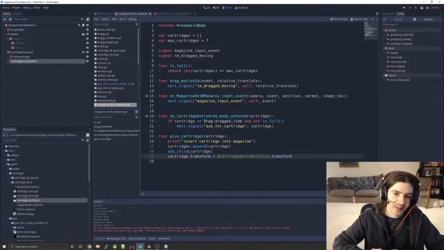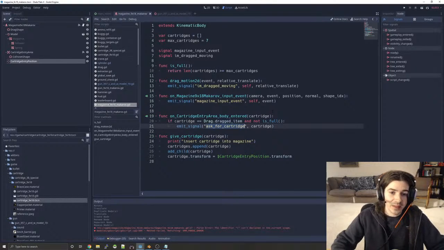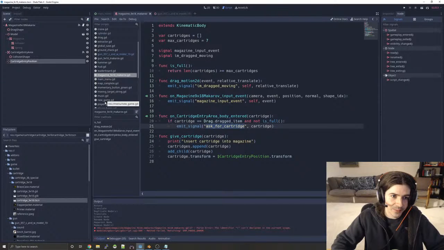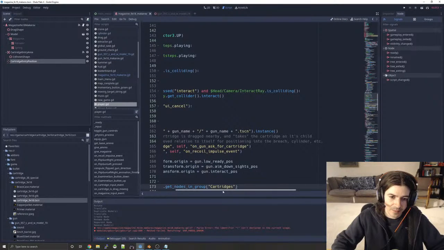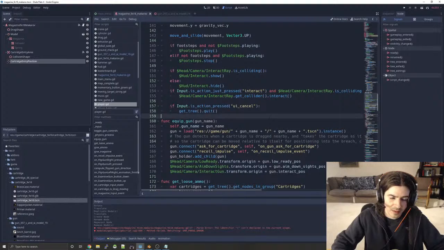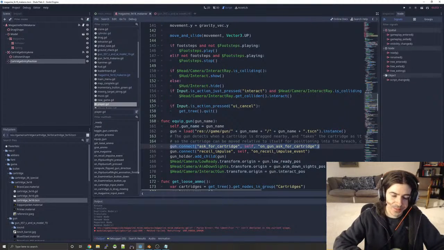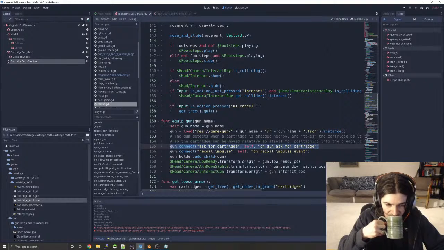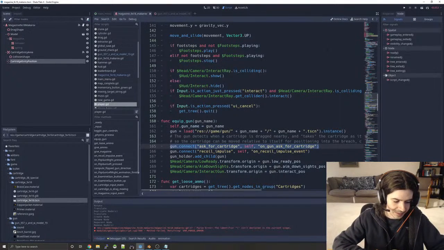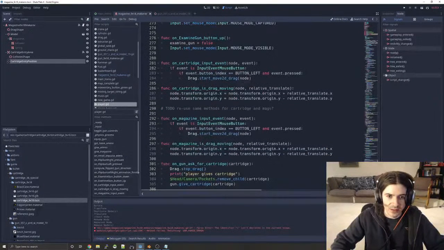Now, we also need this guy to be registered for this ask for cartridge signal. So let's look at the player. Here we go. Connect, ask for cartridge. And we're going to want another one of these for the magazine. So if we go to the magazine,